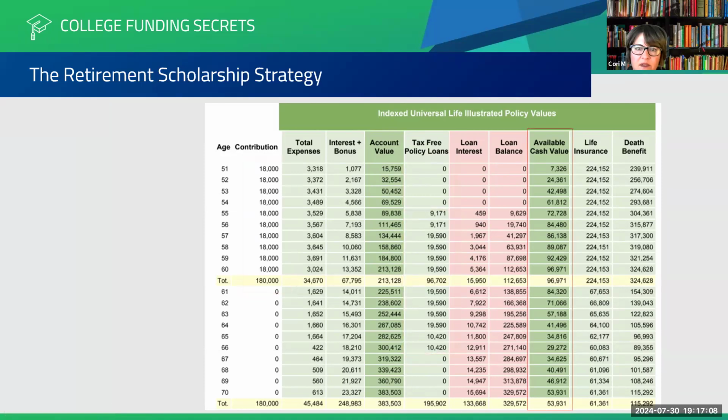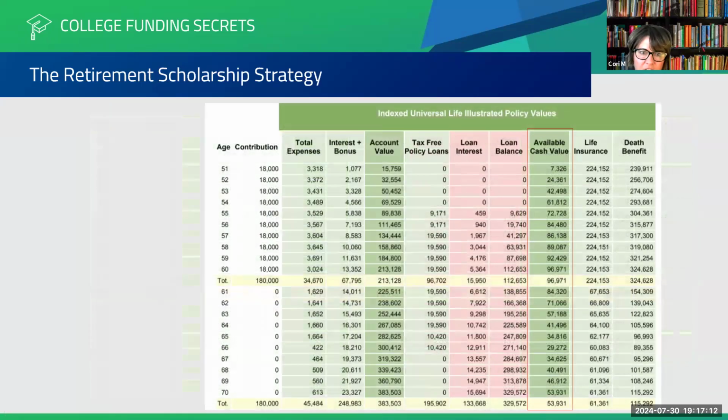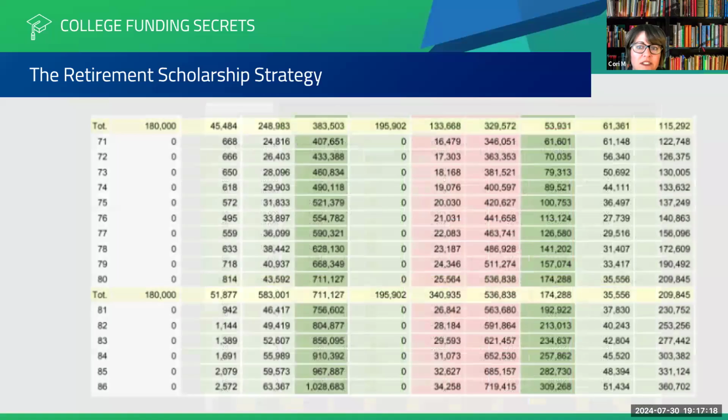And same thing, let's look at the available cash over here. All right. So over time, we will eventually get all of those contributions back. We will get a full refund on the college costs. Now, a lot of it's going to depend on age. It depends on how much money you're saving. There's a lot of variables here, but you can see